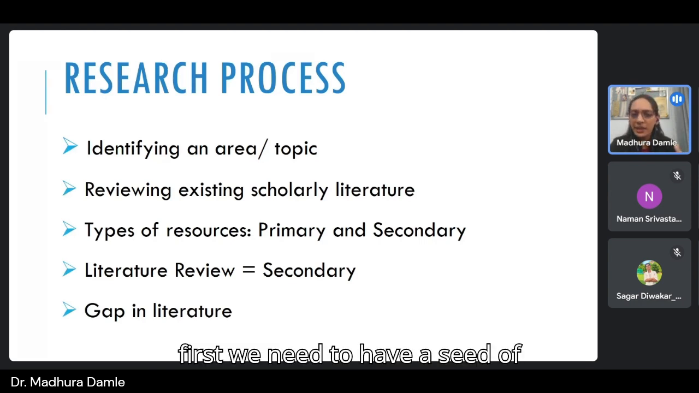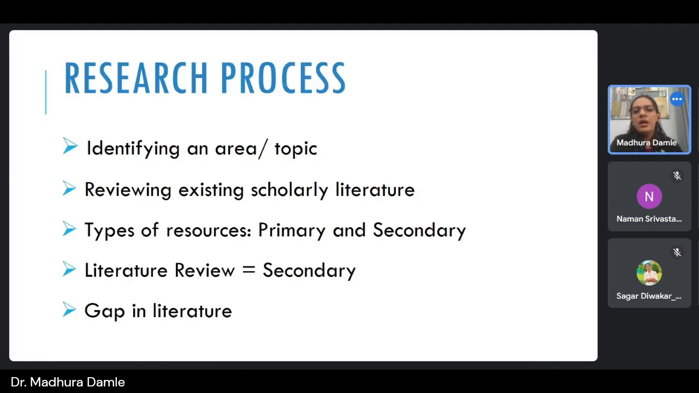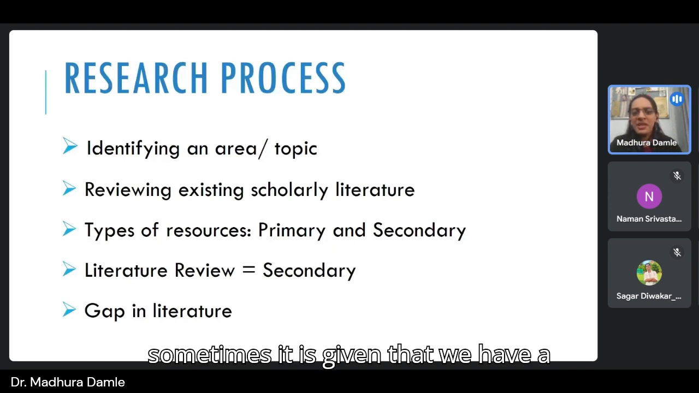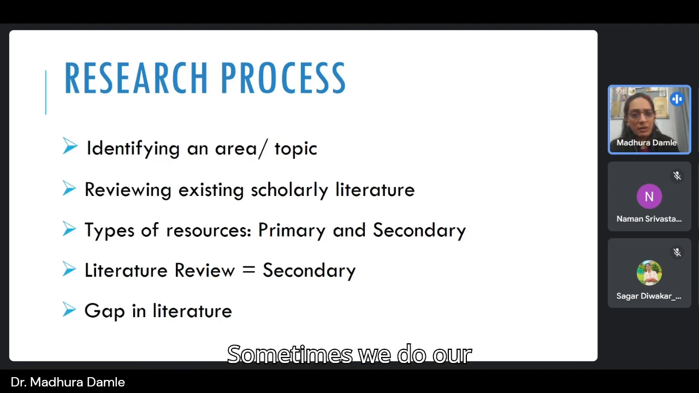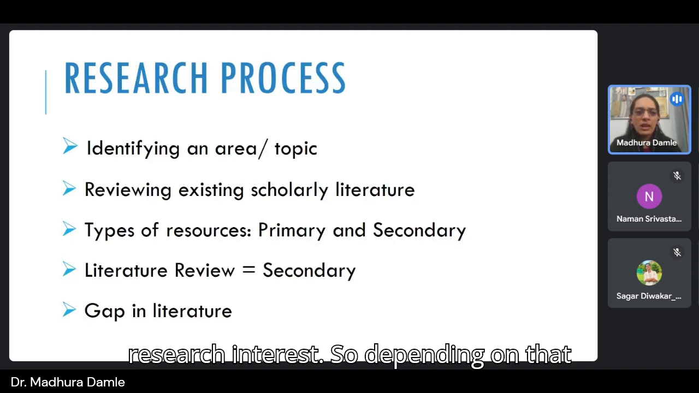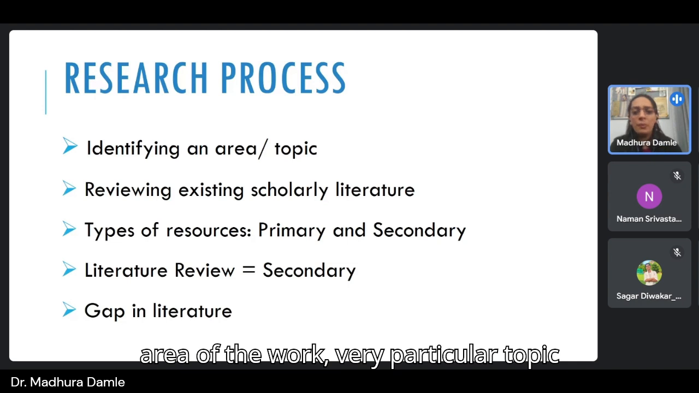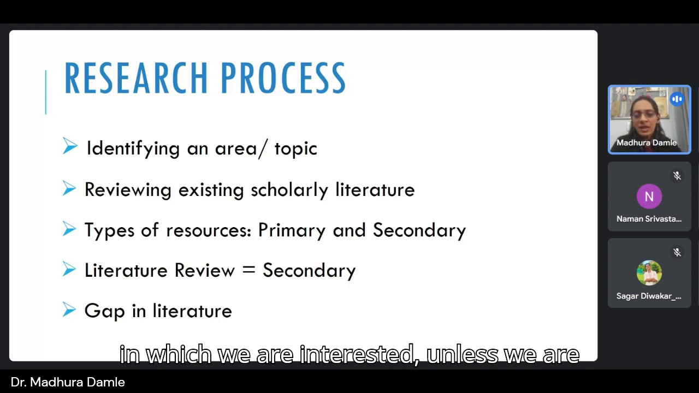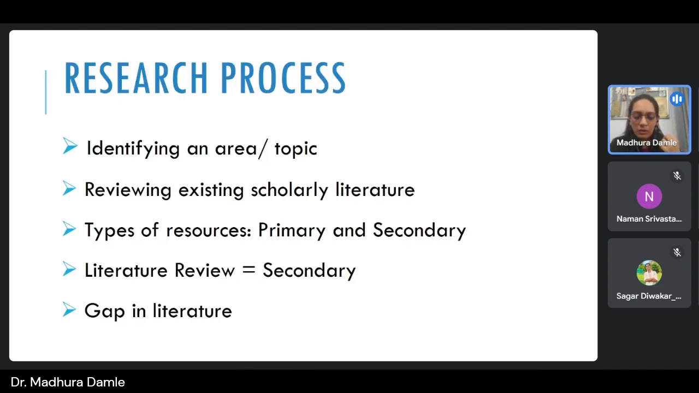need to have a seed of an idea, right? We need to know what our interest areas are, what kind of work we exactly want to do. And sometimes it is given that we have a project and we have to work on it. Sometimes we do our research out of our own research interests. So, depending on that, we have to identify a very particular area of work, a very particular topic in which we are interested. Unless we are working on a project where the topic is already given, always remember that